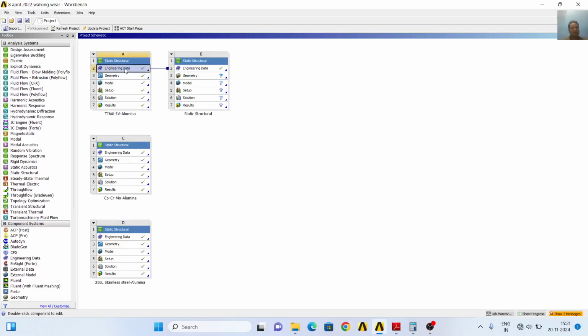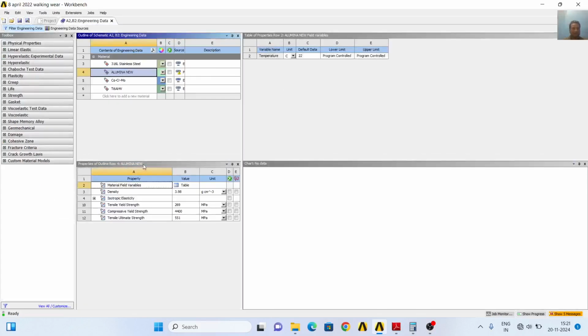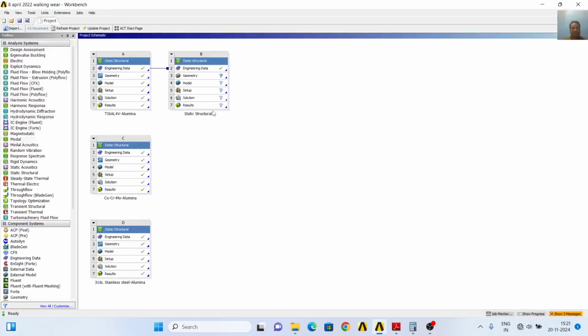In engineering data I have already given the properties of stainless steel. You can see all these properties: alumina, cobalt chromium and titanium. So there are four materials which I have already predefined for my analysis, and these materials will be used in our analysis. I will close here, and I will also copy this geometry here,